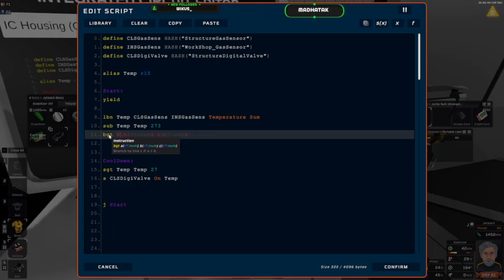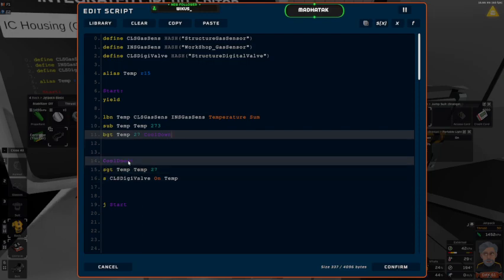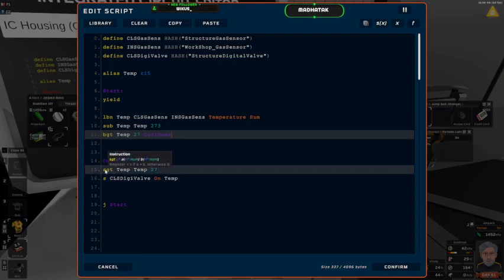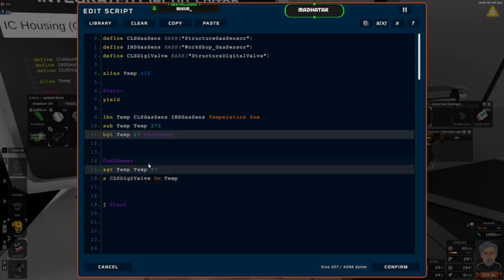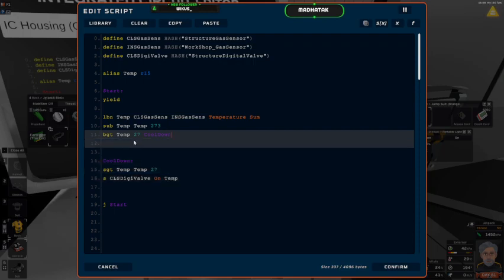If temp is greater than 27, go to cooldown. Okay? So it goes here, and it sets the register to 1, right? And then turns on the digital valve if it's 1. Otherwise, you can